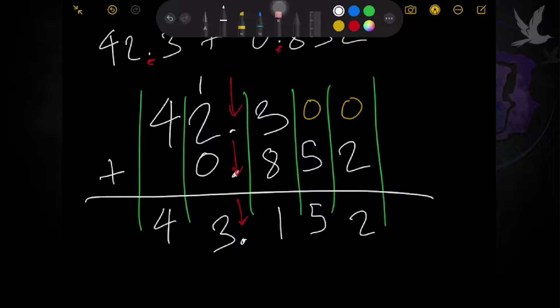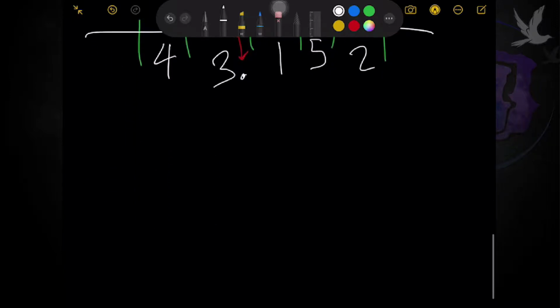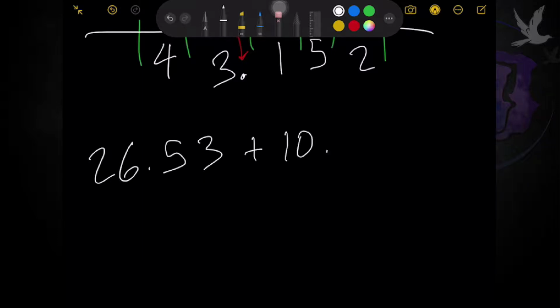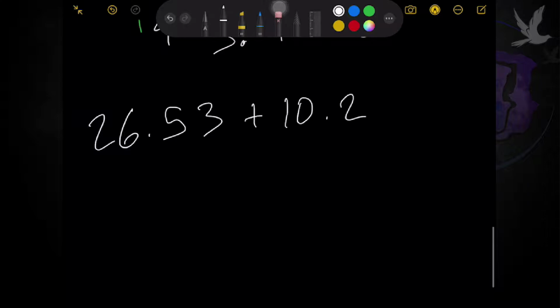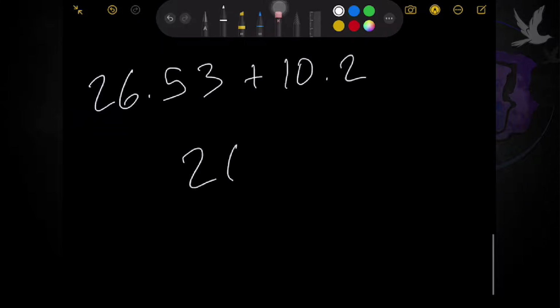Now, technically, the same goes if, Teacher Mark, what if the missing value belongs to the number below? Okay lang, parehas lang. It's just the same thing. Let's say 26.5. Dagdag pa tayo. 26.53 plus 10.2. Okay. Doing so, rewriting it, we have 26.53